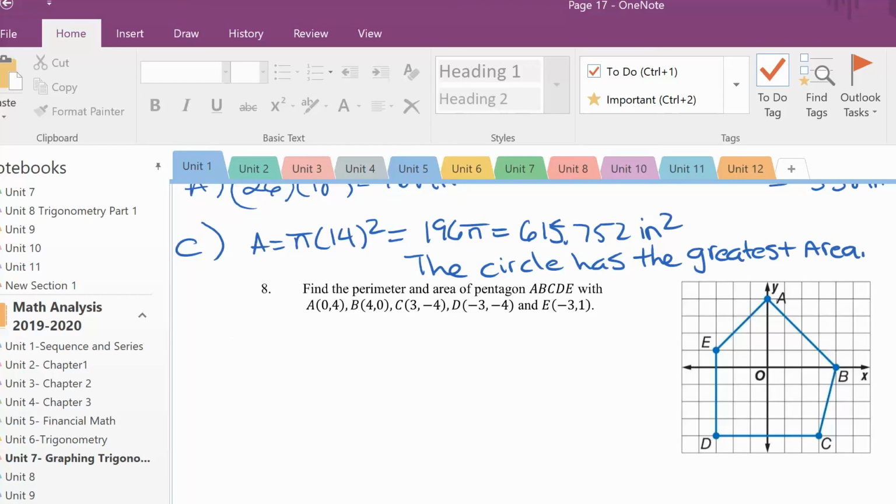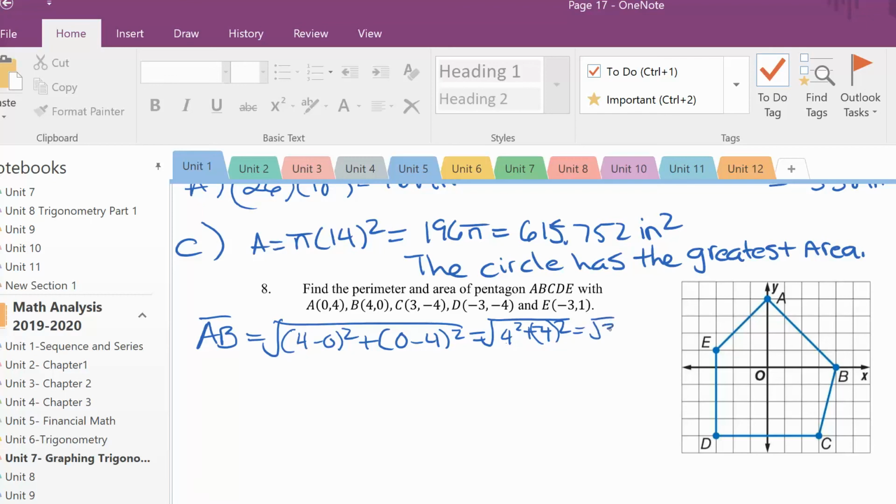So to find, for example, AB, you have to take the square root of x2 minus x1, so 4 minus 0 squared, plus 0 minus 4 squared, which is 4 squared plus 4 squared, actually negative 4 squared. But basically it's 16 plus 16, which is the square root of 32,